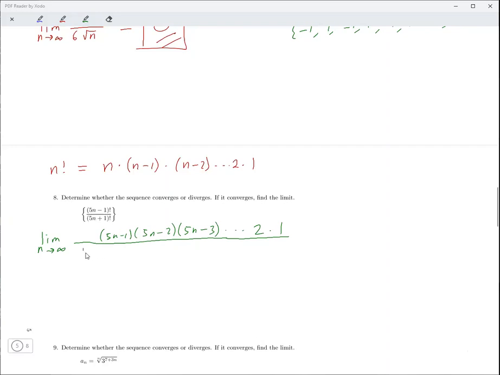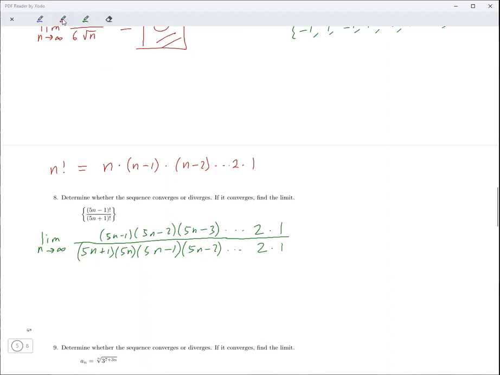Here, the denominator is 5n plus 1. And if I subtract 1 from here, what do I get? Just 5n? Yeah, just 5n. And then I get 5n minus 1, right? And then I keep going, down to 2, then 1. Okay, now if I look at this quotient,